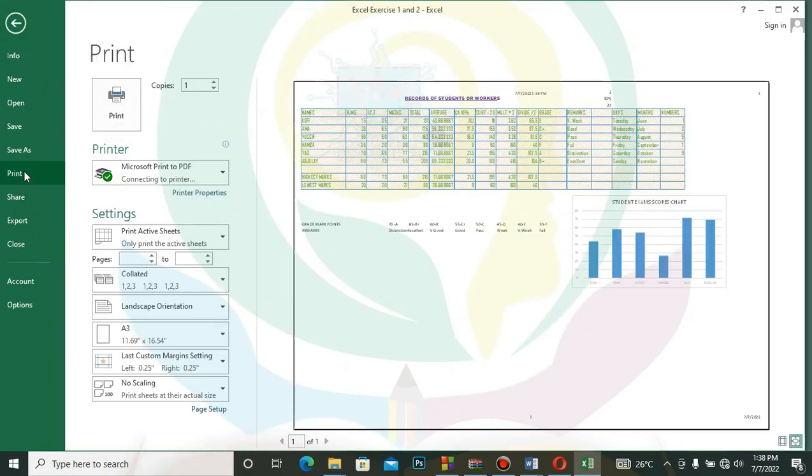You go to print. This is the active sheet. Since we have only 1 page, but if you have about 20 pages, you can come here and say you want to print page 3,